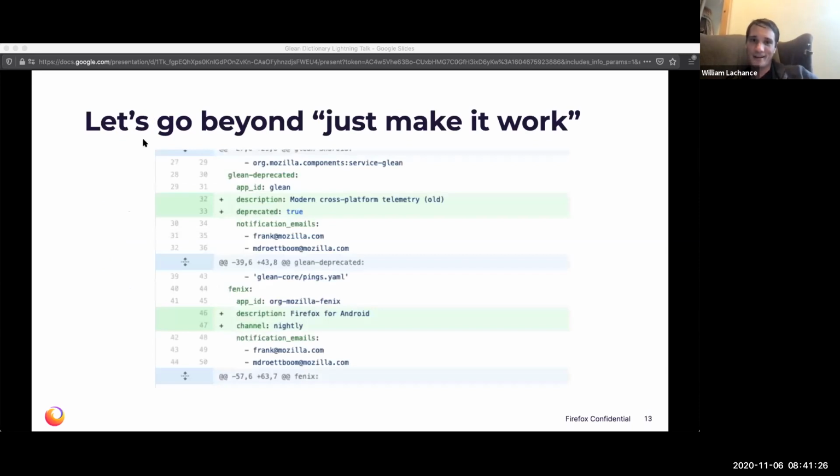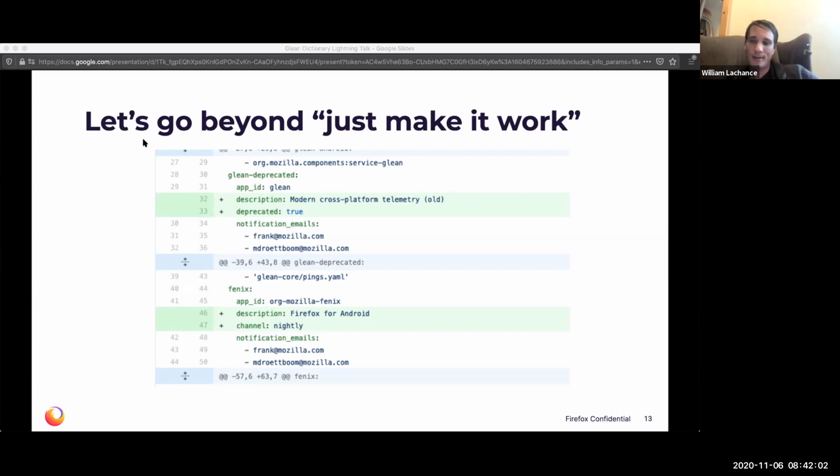And then, getting close to the end, here's the premise, right? Let's go beyond just making things work. This is an example of a change I made early in the development of the Glean Dictionary. To ingest a Glean application, currently there's a big YAML list in the probe dictionary, and it had just enough to tell us that we validated this is a real thing that Mozilla has built, but it contained very little else.